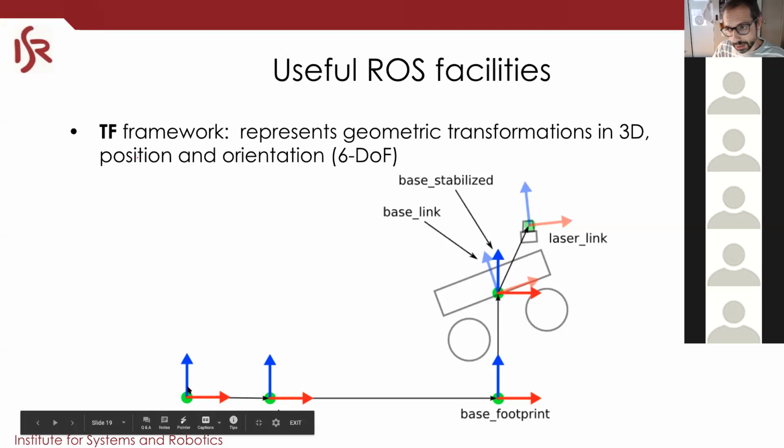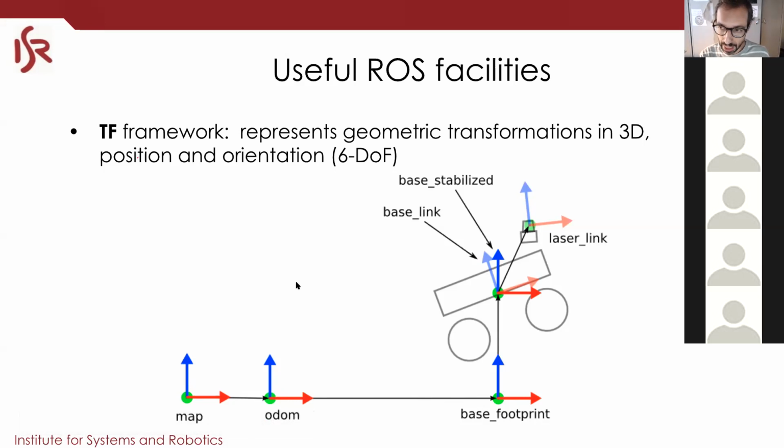And now in ROS, typically the localization system has this counterintuitive way. Maybe I will explain it later on, okay? Which is this ODOM frame in the middle, which is at first sight confusing, but I will try to convince you that it is not so confusing after all. Okay, so here the take-home message is that you have a graph of frames, okay, and transformations between them.